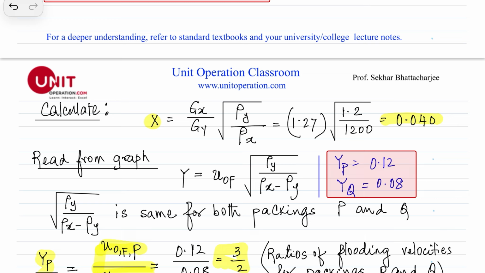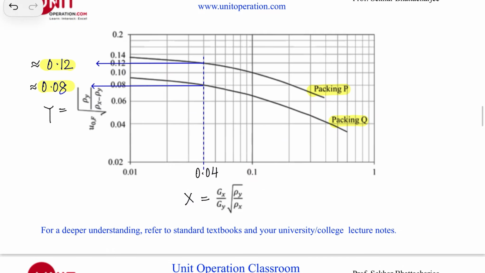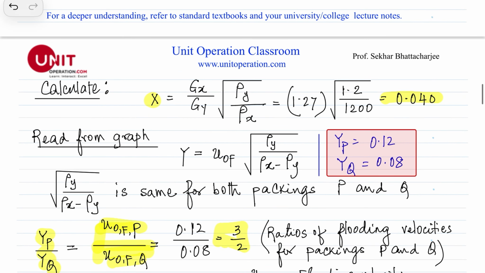Okay, so now we read from the graph the value of the ordinate for 0.04. This is my x. This is a logarithmic scale, so this is 0.01, 0.02, 0.03, and 0.04. And for the corresponding 0.04, the value of y is 0.08, and the value for the packing P is 0.12, approximately. This is read from the graph. So once we do that, we can see the value of y, the ratio of the two y's,